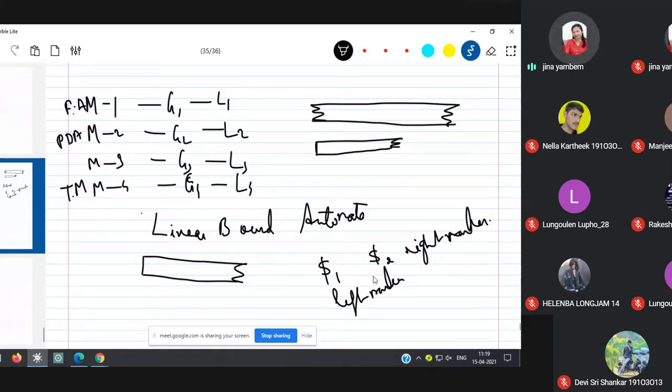What is the purpose of this one? If I want to insert certain input in here, suppose $1, then $2. This is AB. So beyond this $2, nothing exists here. Beyond this $1, nothing exists. That's the meaning of these two symbols. Okay. And then